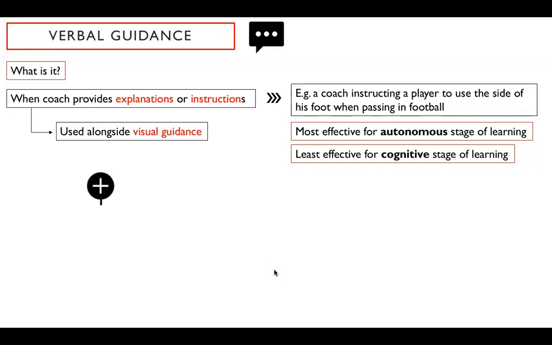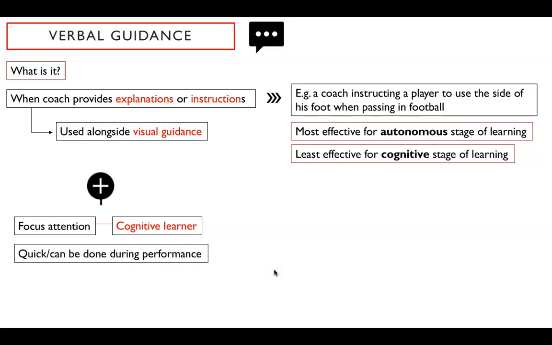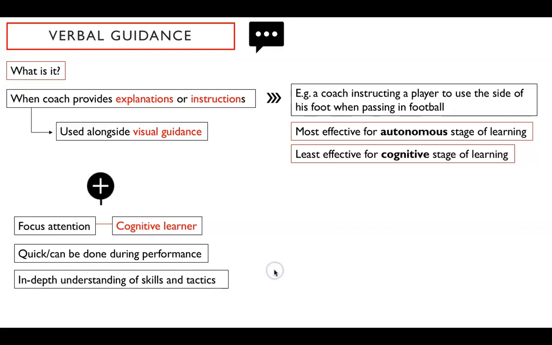So we need to know what the advantages are for verbal guidance. For the cognitive learner, it is good because it can focus our attention. That's a positive with regards to verbal guidance for a cognitive learner. It's the only benefit really, it focuses attention for the cognitive learner, but it also does focus attention for the autonomous learner as well. Verbal guidance can be quick, and it's done during performance. Then there's in-depth understanding of skills and tactics. So for example,